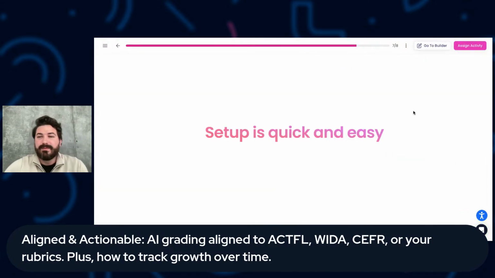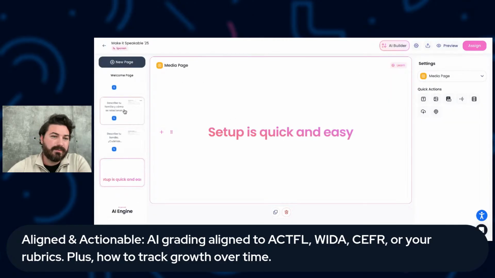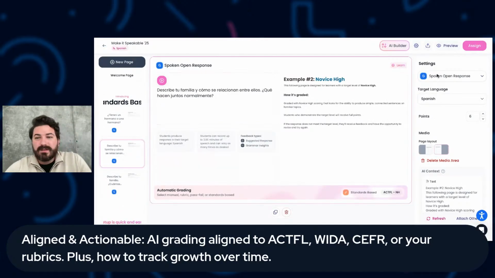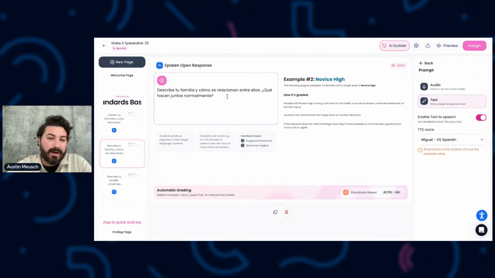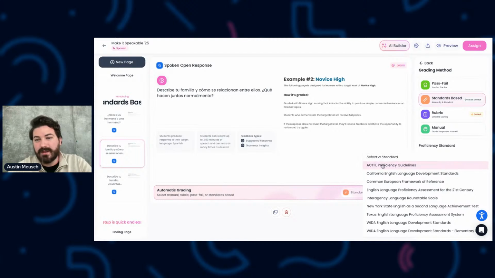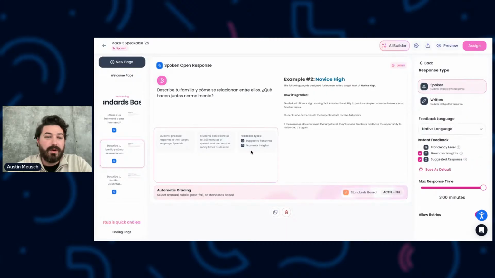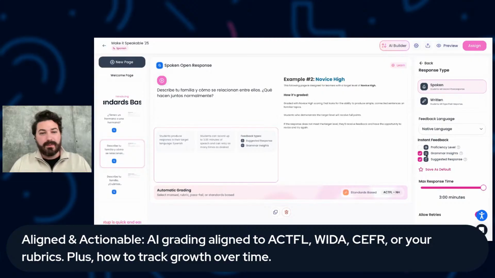Now, how do we set up standards-based auto grading? In our open responses, whether this is a spoken open response or a written open response, we simply add in our prompt, go into the automatic grading, choose standards-based here, determine which standard we'd like to use, and then select the target level here. We can also decide here if we would like to add in additional feedback for students to receive. So the grammar mistake markup that we saw earlier was the grammar insights, and suggested response was the model response